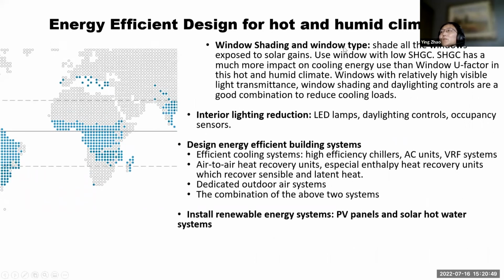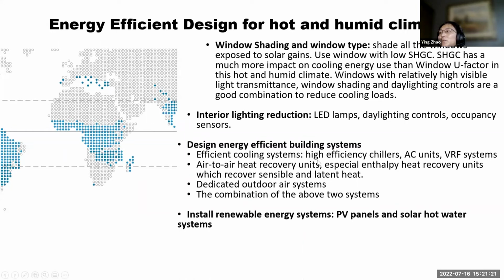The window shading and the window type definitely reduce solar heat gain for the building. And then also consider interior lighting reduction, using mostly LED lamps and daylight controls to reduce the heat from lighting, and also reduce the equipment load to reduce heat from the equipment. And